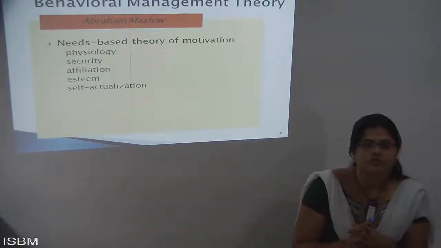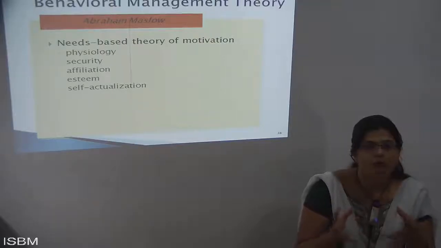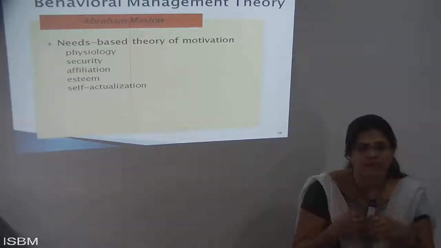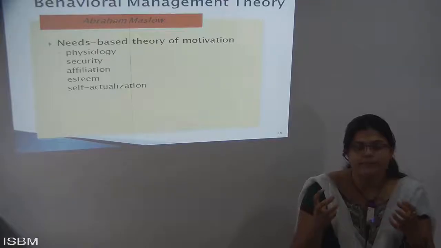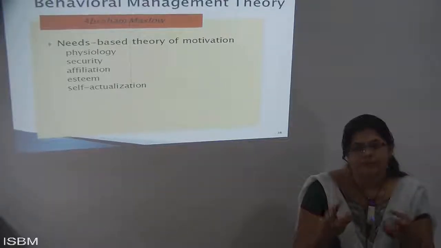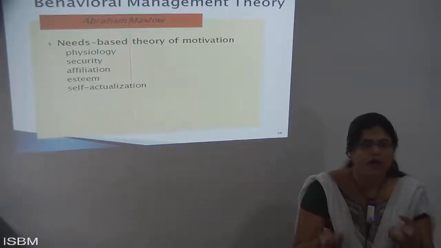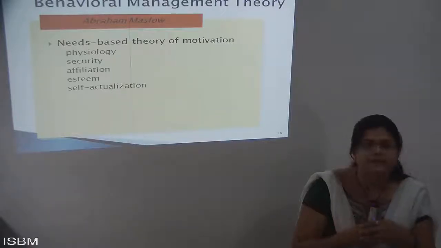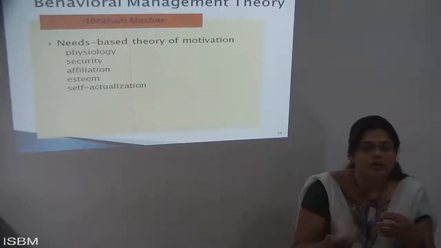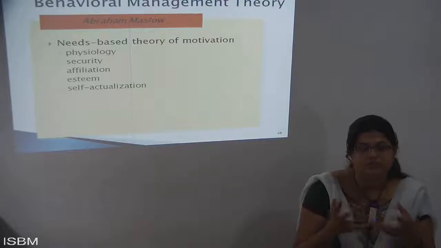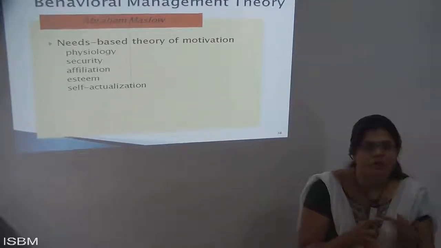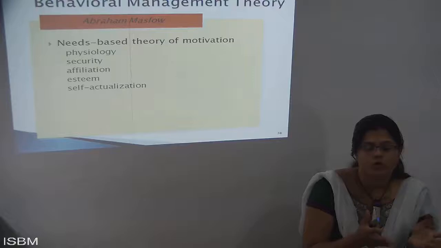Then self-actualization means I know how to manage my behavior, how goal-oriented I can be, how much I can complete tasks, and with the help of these five elements the employee or laborer is motivated. So these are certain needs. We have common needs of behavior: food, clothing, and shelter.